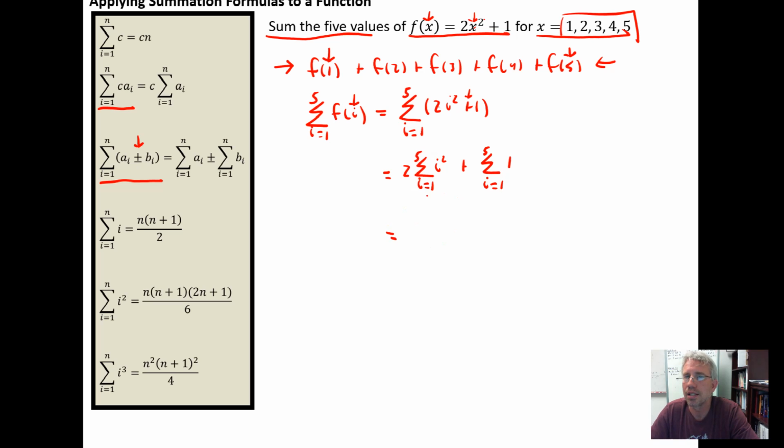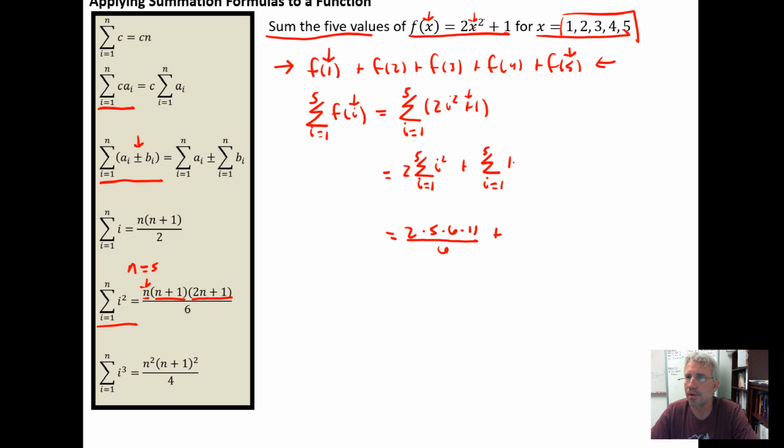So in this case, now I'm ready to use the summation formulas. I have 2 times, I have a formula for the sum of the i squared terms right here. In this case, the upper bound of summation is 5, so we have the case where n is equal to 5. So we're going to get 5 times 5 plus 1 is 6, times 2 times 5 is 10 plus 1 is 11, and then it's all going to be over 6, plus,